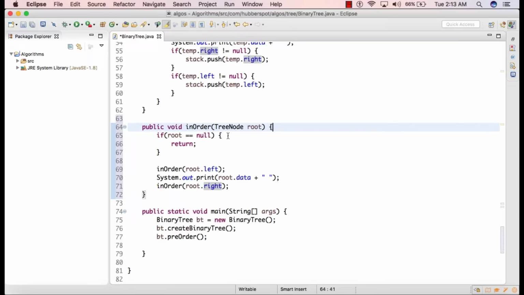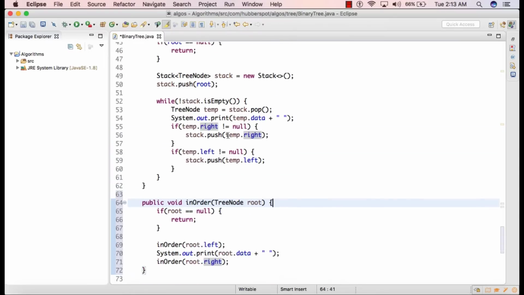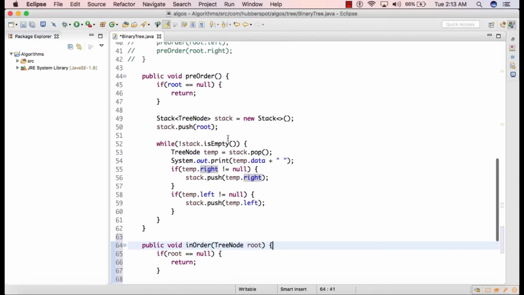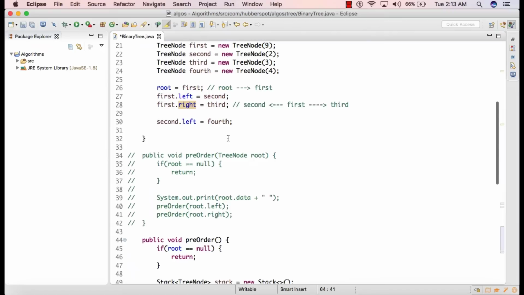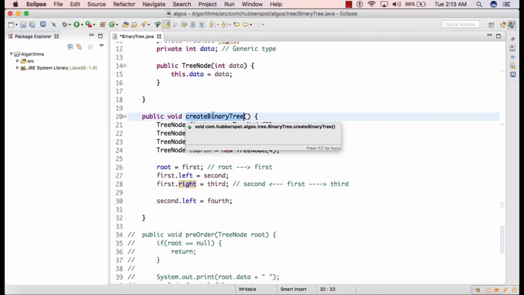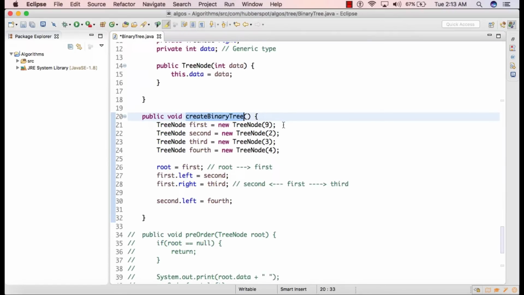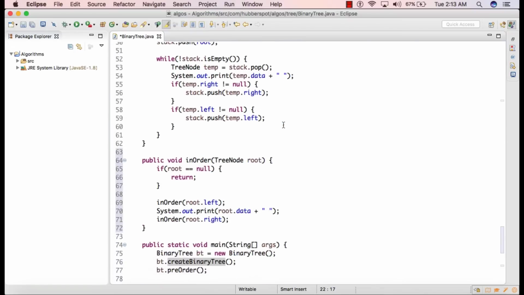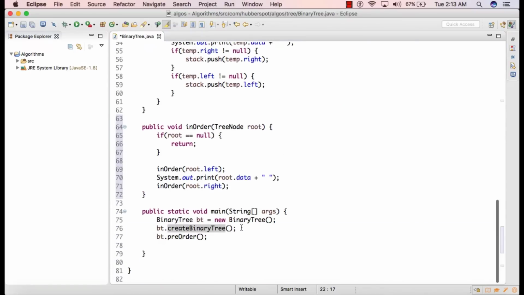Now let's test this working. In my previous tutorial, I had created one binary tree, and this is the same tree which we discussed in the slide. Use this createBinaryTree method.